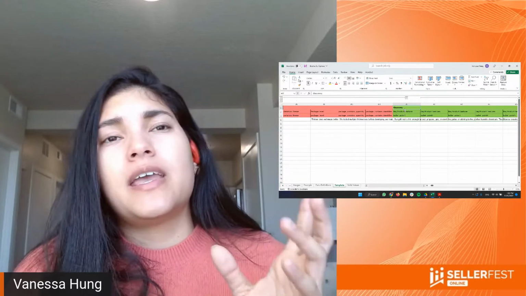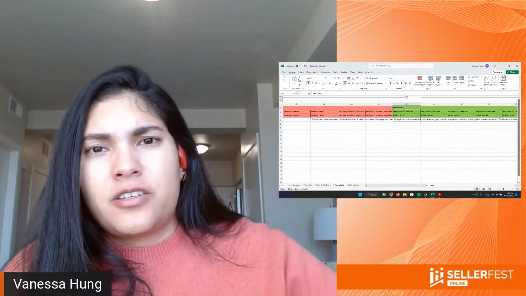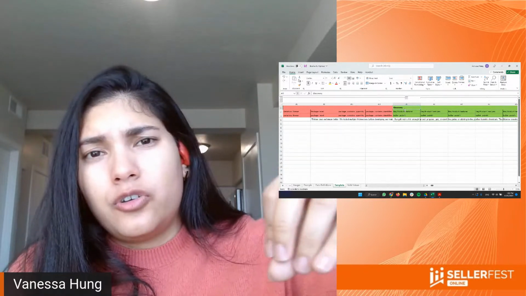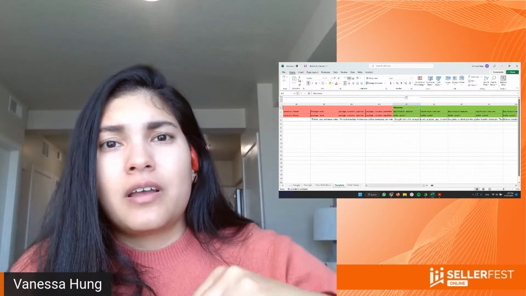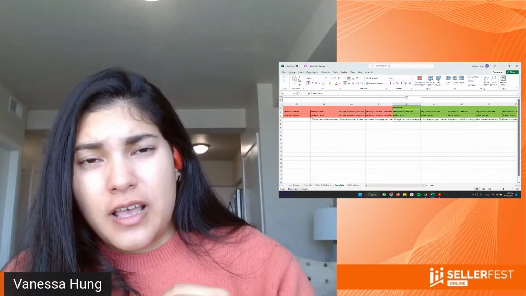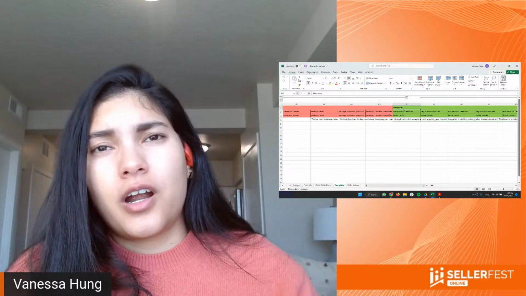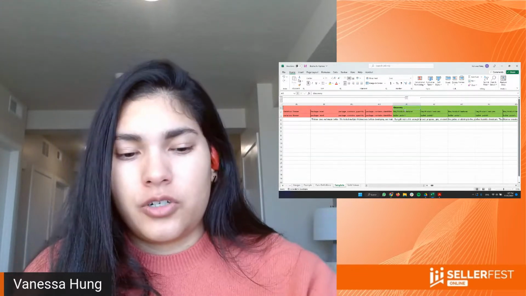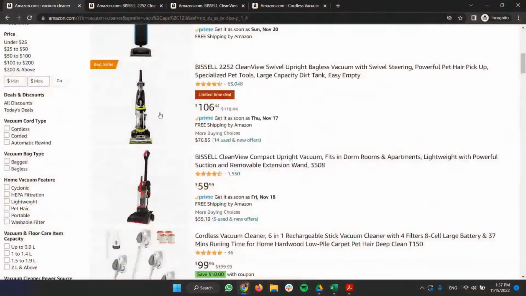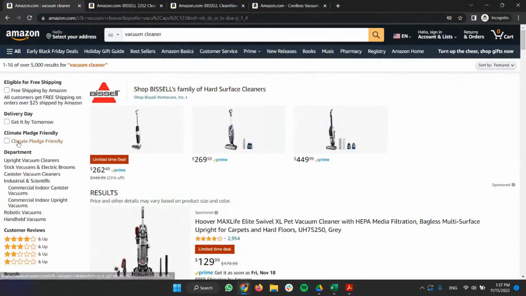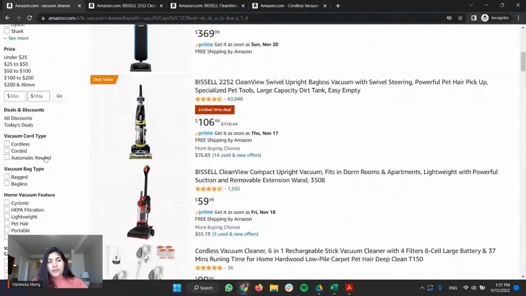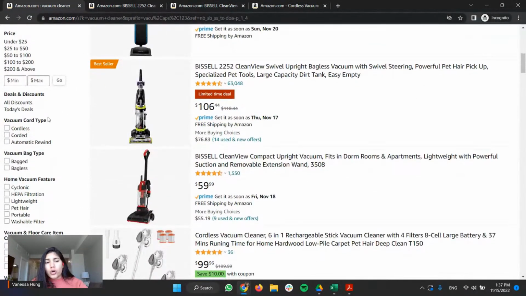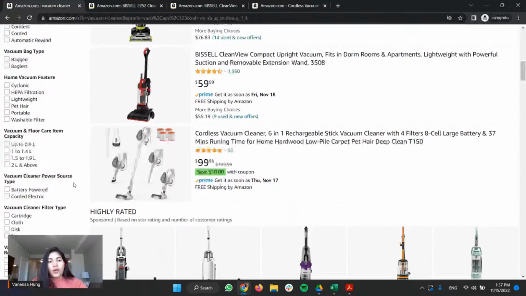And what does that mean? It means that every piece of information that you add to your listing is relevant for the search, especially when you are in categories that have a lot of filters. And how that looks is something like this. I look for a vacuum cleaner on Amazon. I see that I can filter by the cord type, the bag type, the home vacuum feature, the floor, the surface.